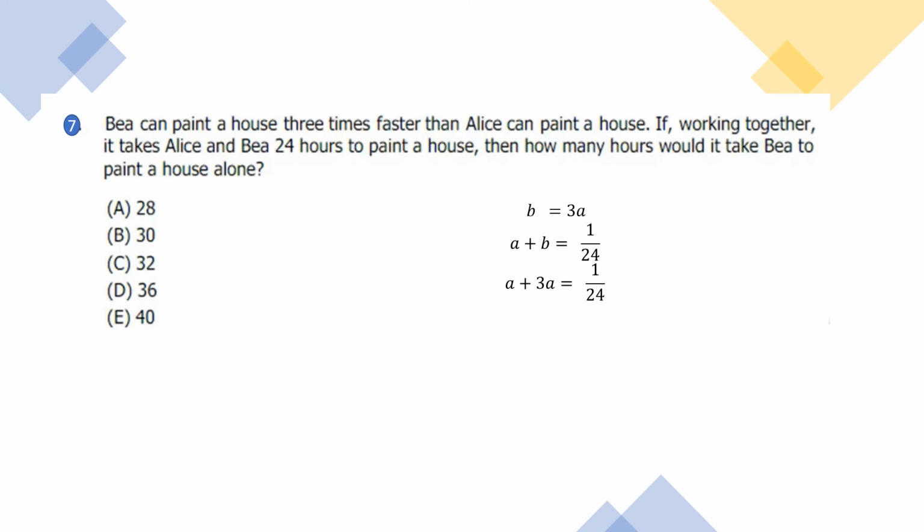Now, we are interested in finding the value of A and B. Since I know B is equal to 3 times A, in this equation if I plug in A plus 3A is 1 by 24, from which I can solve for A as 1 by 96. So if Alice works all alone, what she can complete in 1 day is 1 by 96 of the work. So it will take 96 days for her to finish the work, and your answer is